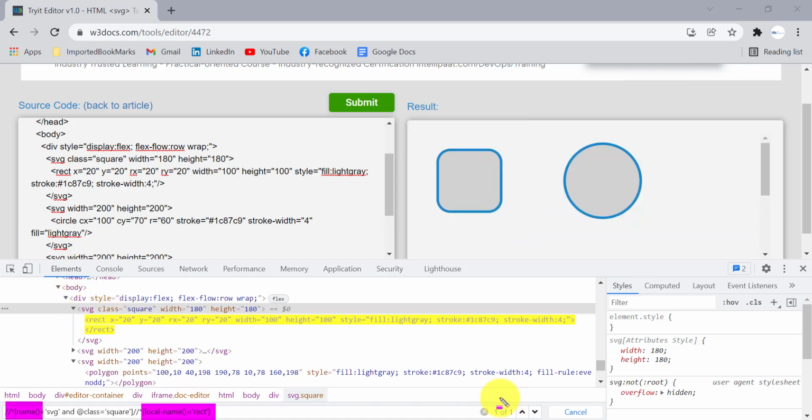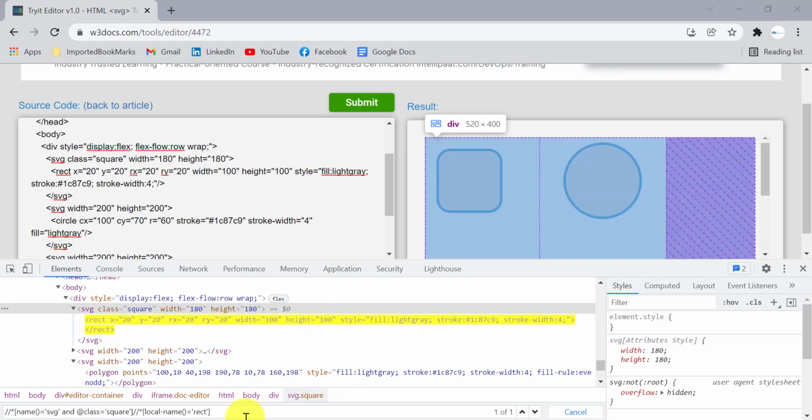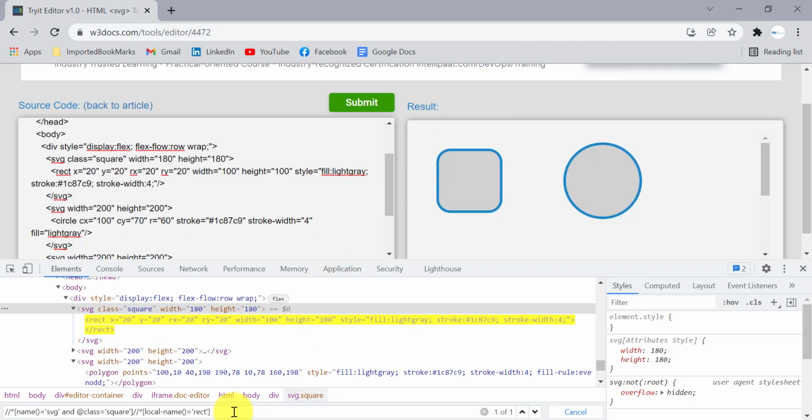And if there are multiple elements with the same property, you just have to find out any attribute like class or ID or any other tag by which you can uniquely identify your single element. And then you can perform whatever action you need to perform in your Selenium, if you want to click it, drag it, or double click on that element. The important thing for this SVG is you need to locate that web element in the HTML DOM. The normal way by which we create your own customized XPath using the different tags will not work for these SVG elements. So you need to start like this and use the different attributes and their values.